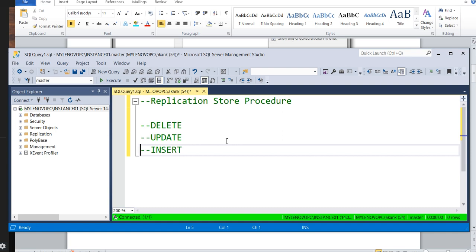I have already created a lab session. I will give the link in the description as well as in the I button. Whenever the I button comes up on my video, just click on that, and you will get the live demo session I have already created. Just click on the I button and you will get the link for the live session.